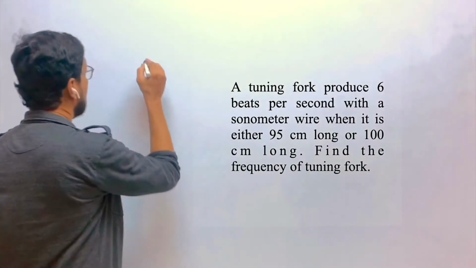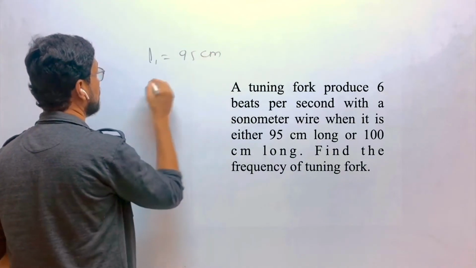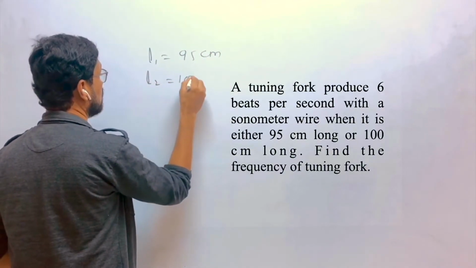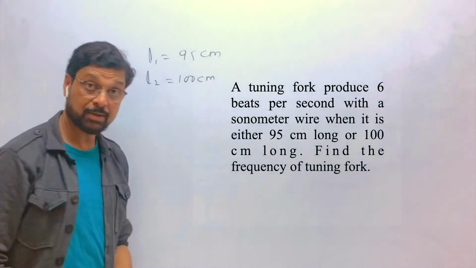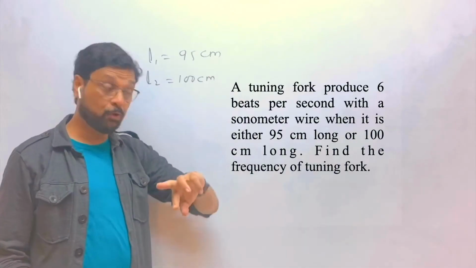So first length of the wire is 95 centimeter, L2 is 100 centimeter, and in both the cases tuning fork is making